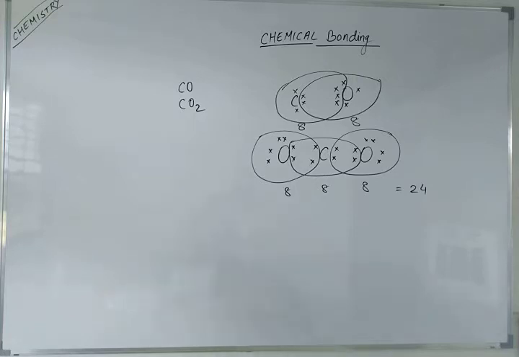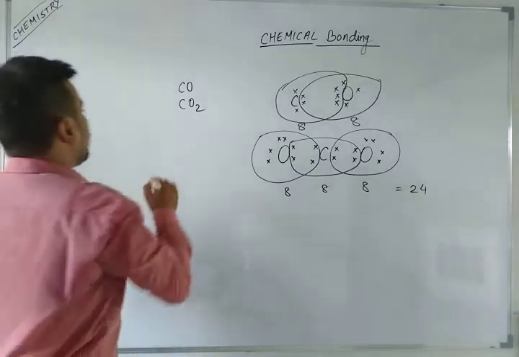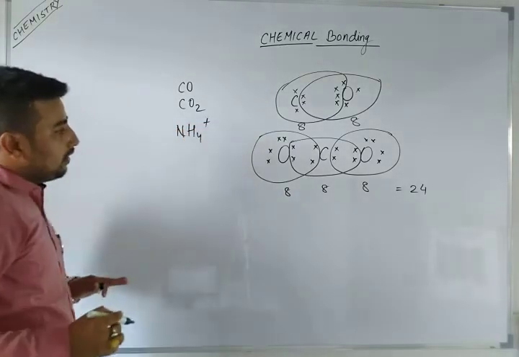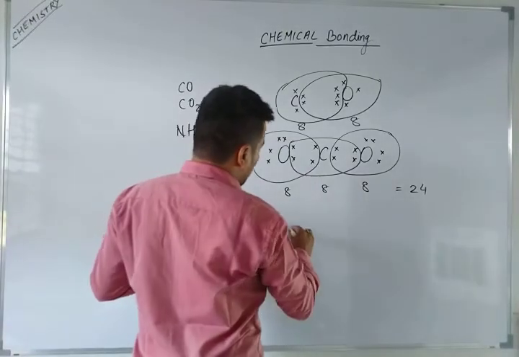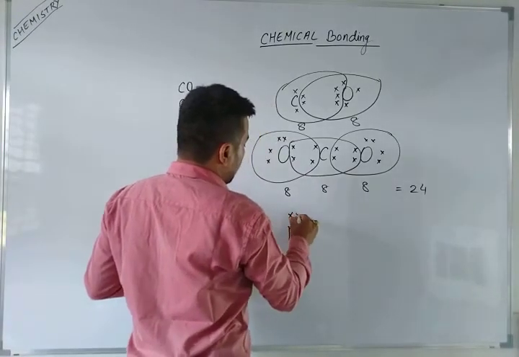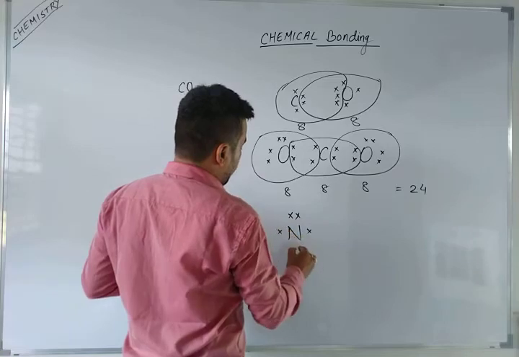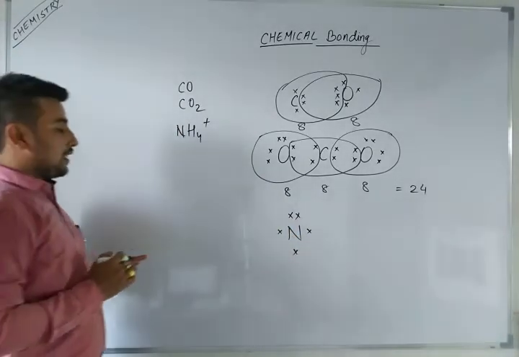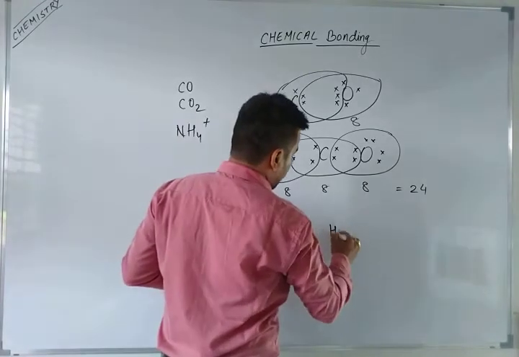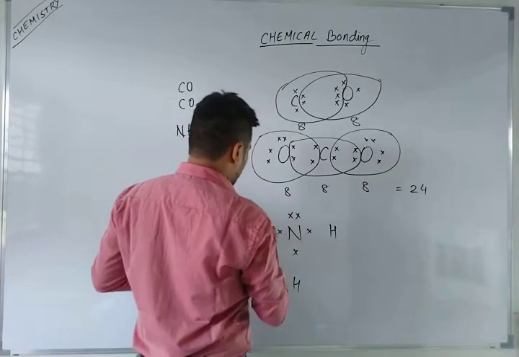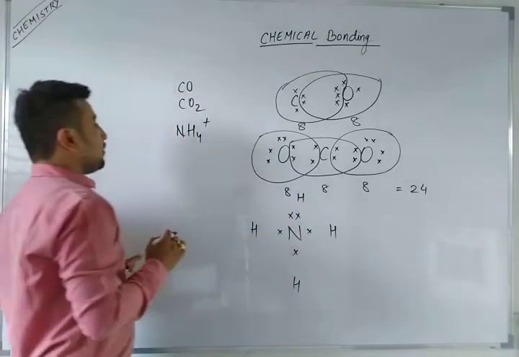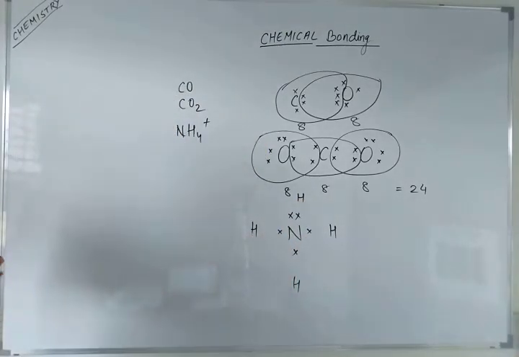If I ask you about ammonium, NH4 plus, how many total electrons are there? You know very well the nitrogen has 5 valence electrons, right? 1, 2, 3, 4, 5. And here it is NH4 plus. Hydrogen will be there, hydrogen will be there, hydrogen will be there, and one hydrogen will be there, but it has a plus. Plus means one electron has already been